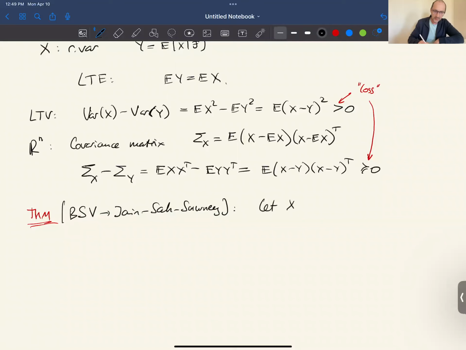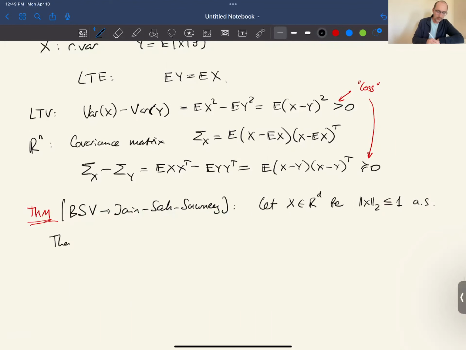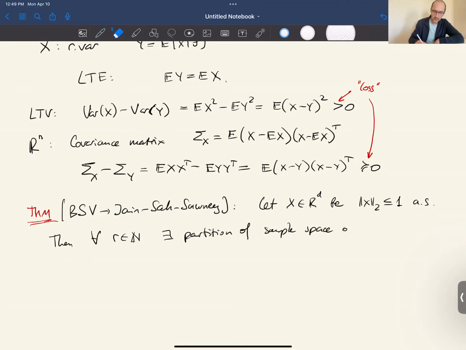Let X be any random vector, normalized so it lies in the unit ball. Then for any budget, for any number of parts, we can find a partition of the sample space into 2 to the r parts,